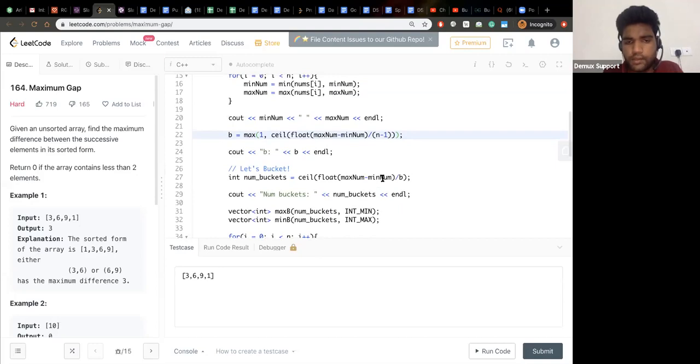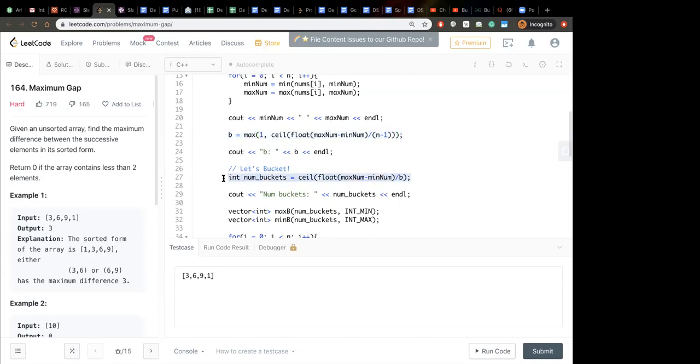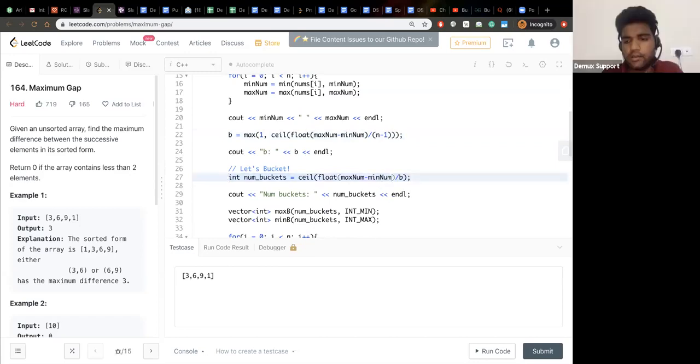of buckets will basically be, if you have 2 sized buckets and you have from 1 to 9, how many buckets will you need? You will need 3, 4, 5, 6, 7, 8. Right. Will there be a +1 here? This line is faulty, basically. Max num minus min num plus 1 divided by b. And ceil still, you will have a ceil,